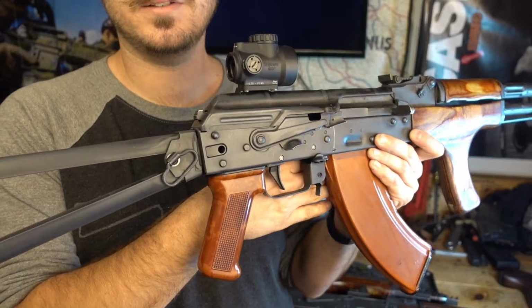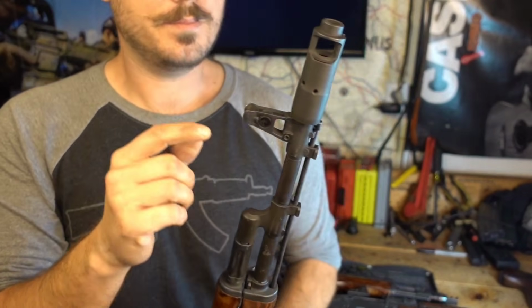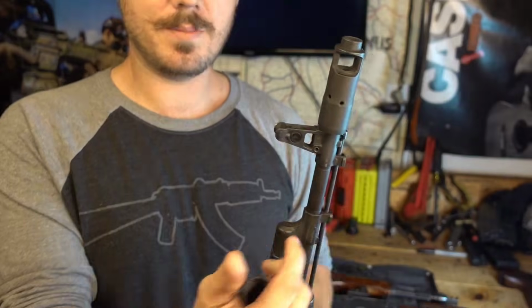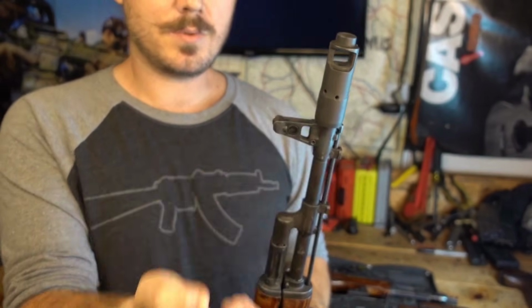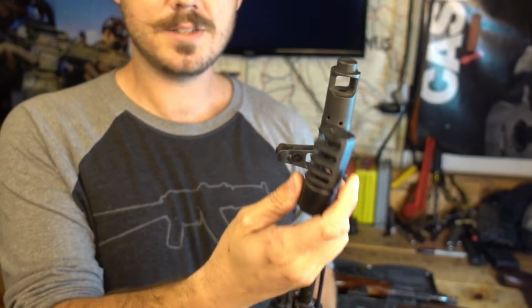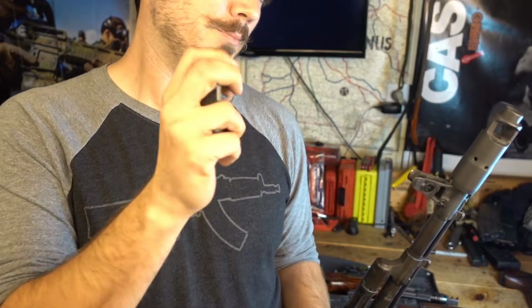Of course, we have that ALG trigger. It's kind of nice that we don't have a pin and weld job on this gun, because if I want it to look factory, I could put my factory 74 style device on. If you know AKs, you know switching out muzzle devices is super easy. They're just held on by a detent, spin right off. If I want to go to the range or a competition and I want a little less recoil, I'm just going to bring another muzzle device, take this off, put this on, takes 60 seconds. Bang, bang, bang, do my thing, feels good when I shoot, put my factory device back on, and